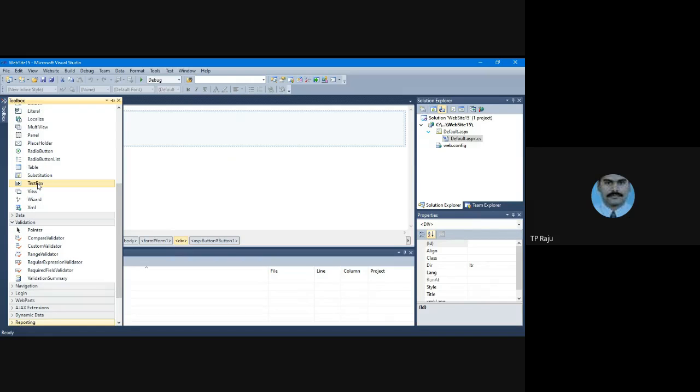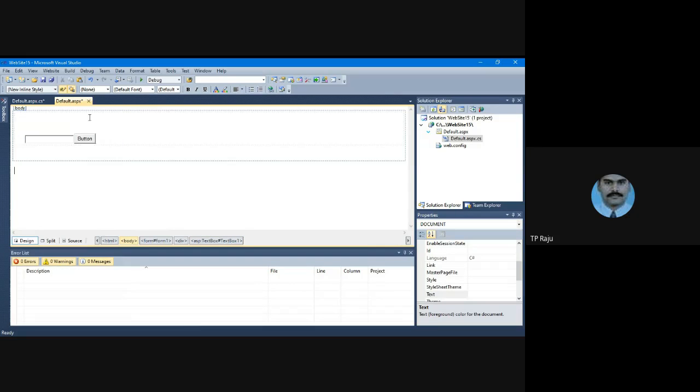This is the text box. I simply double click the text box so that your text box is displaying on the window. I want to move that button to the next line so that you can arrange the controls properly. Okay, this is the way.